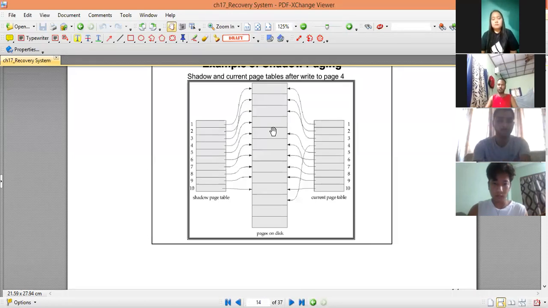Then, to make the database return to its previous consistent state, the database will consult the shadow page table, which has the previous consistent copy of the database, and will update the pages on the disk, that means in the stable storage, with the previous copy of the data items which are there in the shadow page table. And in that way, this shadow paging technique works. Is it clear to you all?